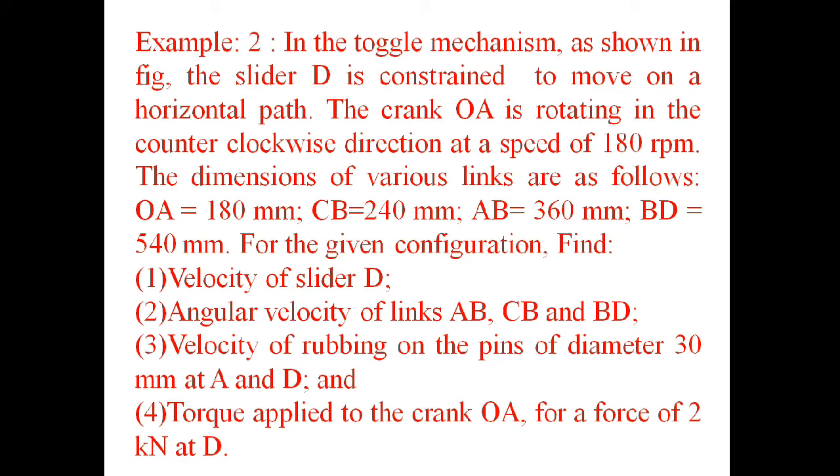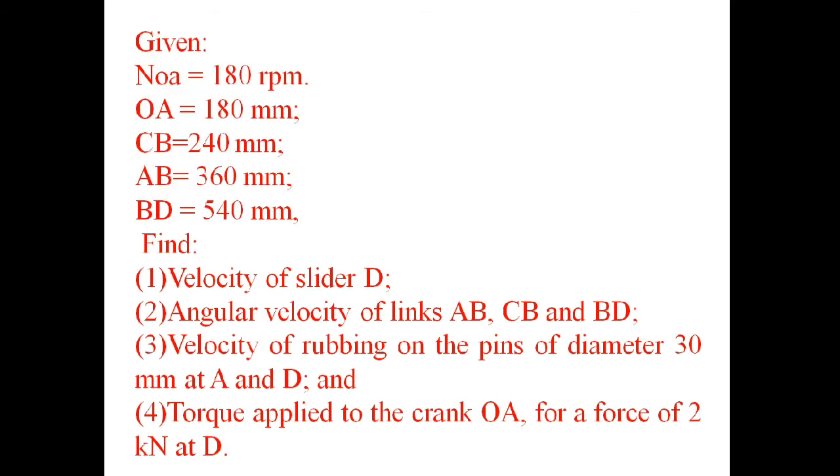For the given configuration, find out, first, the velocity of slider D; second, the angular velocity of the links AB, CB and BD; third, the velocity of rubbing on the pin of diameter 30 mm at A and D; and fourth, the last one, the torque applied to the crank OA for the force of 2 kN at D. Now for the given,